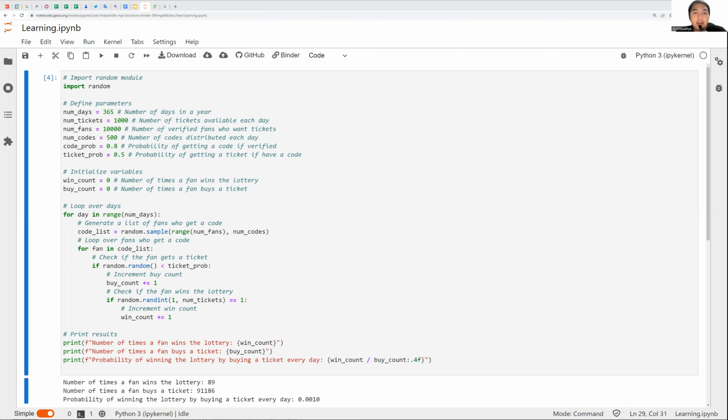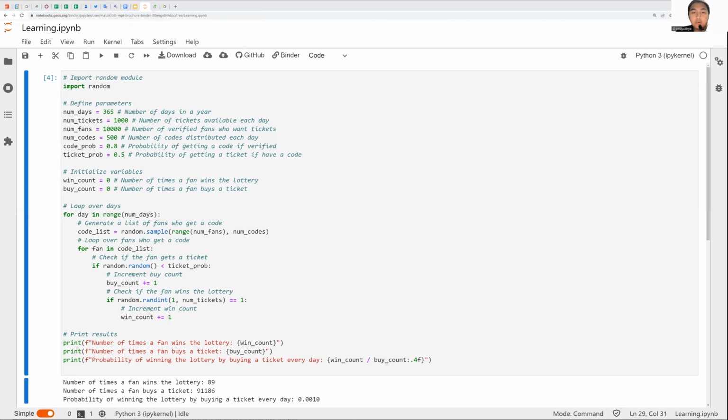Then we create another loop that iterates over the fans who receive the code. Each fan has a chance of ticket prob to successfully get a ticket. This is determined by comparing a randomly generated number between 0 and 1 with the ticket prob. And then if the fan successfully gets a ticket, the buy count is incremented.